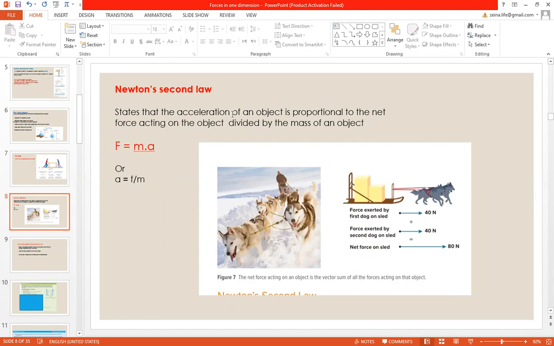However, if the sum of the forces acting on the system is equal to zero, this means there will be no acceleration. The object will move either at a constant speed, or it will remain at rest if it's at rest from the beginning. Okay, let's do this application